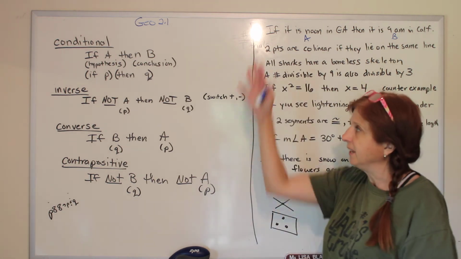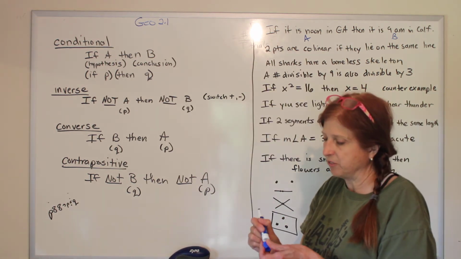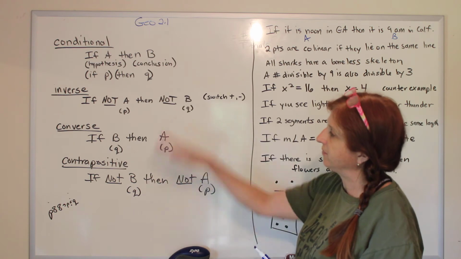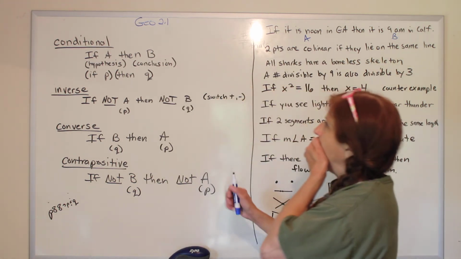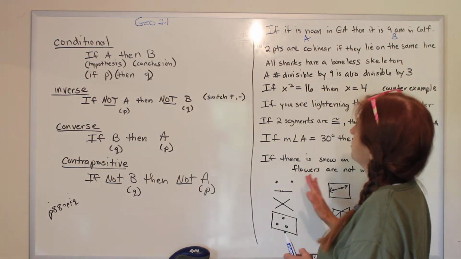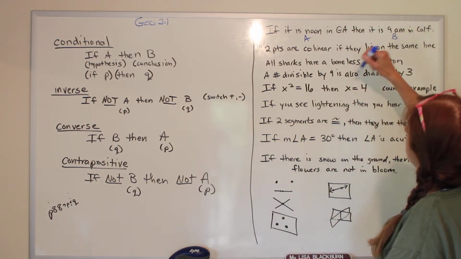Woo, you did it. This is it. So you're going to have a bunch of these on the test where you have to do the 4 statements. And truth has nothing to do with it. It's just, can you write it? And I'll show you that in a second. Okay, so now,